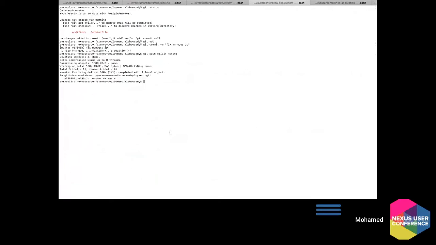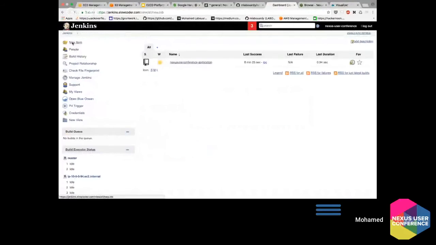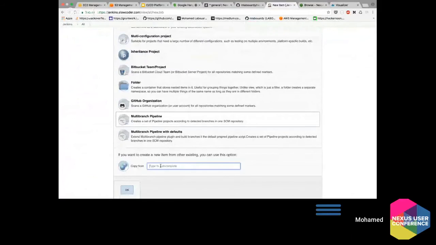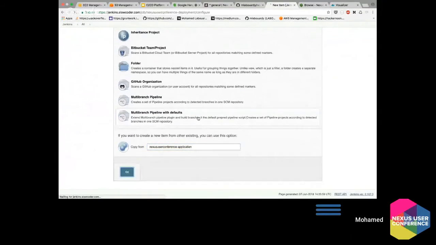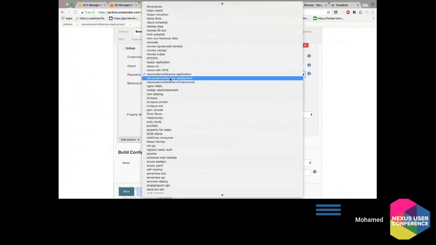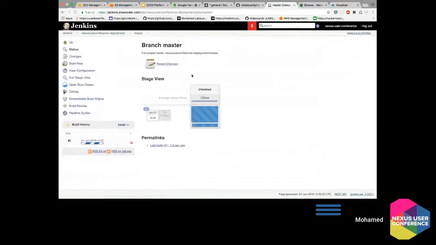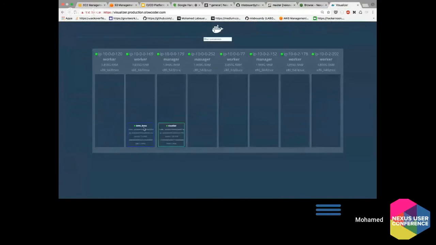Let's create a new project to do continuous delivery. So on Jenkins, I'm gonna create a new item, which will be Nexus User Conference-deployment. So it will also be a multi-branch pipeline. And to save time, I will be using the Nexus User Conference application. Now, if I click on it, I just need to update the repository name to be the deployment repository. And if I save it, my master branch will be executed and my new container will be deployed. So if I go back to the dashboard, as you can see, my new container is now deployed on the